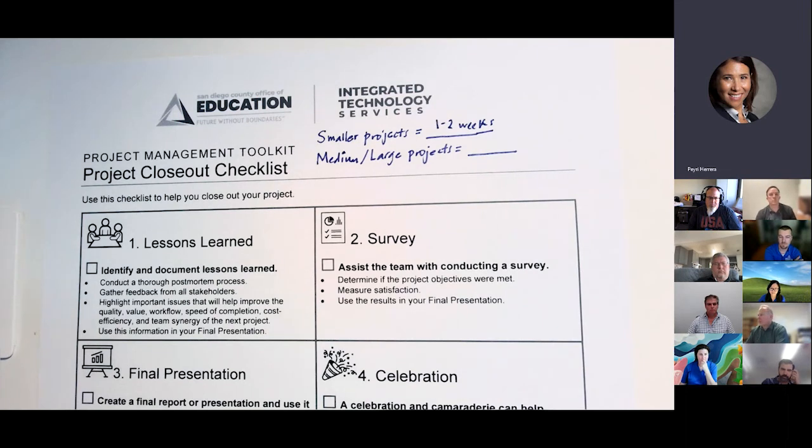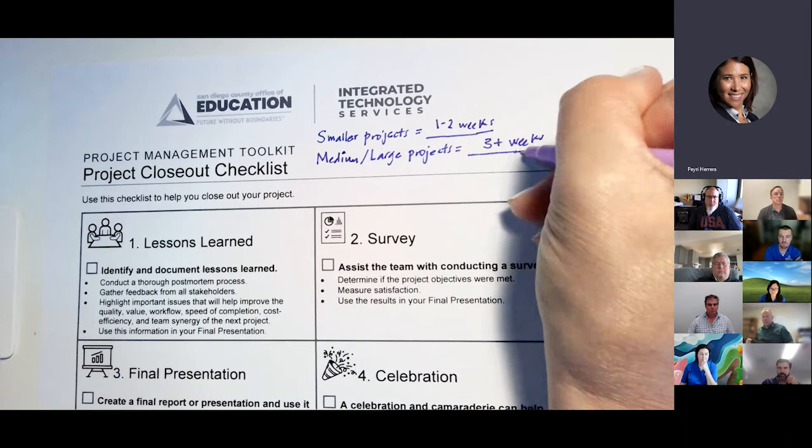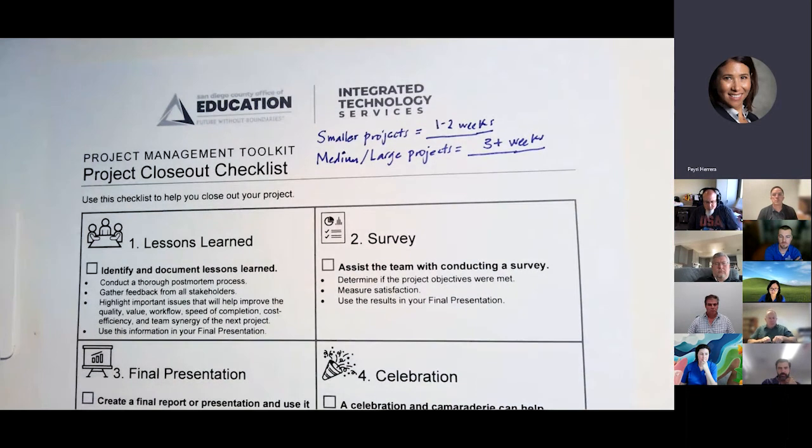For a medium to large project, it's really going to depend on several factors. So I'm just going to write 3+ weeks. I've had some closeouts last as long as 6 weeks because we needed to get some follow-up information about how the solution worked, or we needed to spend some time making sure that we got feedback from a lot of different people and parties. It's really going to depend. But my point here is when you're building out your project in the charter phase, give yourself time at the end, map it out and block off time, because you're going to want to properly close out your projects. It's going to help you.